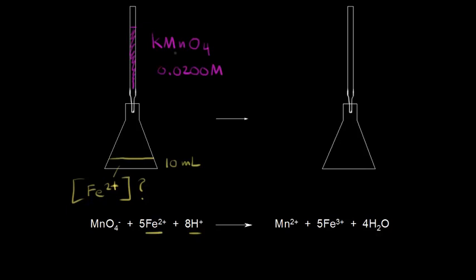And potassium permanganate is, of course, the source of permanganate anions, because this would be K+ and MnO4-. So down here we have a source of permanganate anions. And we're going to drip in the potassium permanganate solution. And when we do that, we're going to get a redox reaction. Right? So here is the balanced redox reaction. And if you're unsure about how to balance a redox reaction, make sure to watch the video on balancing redox